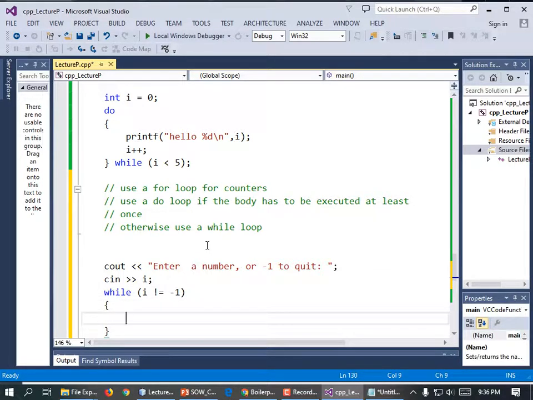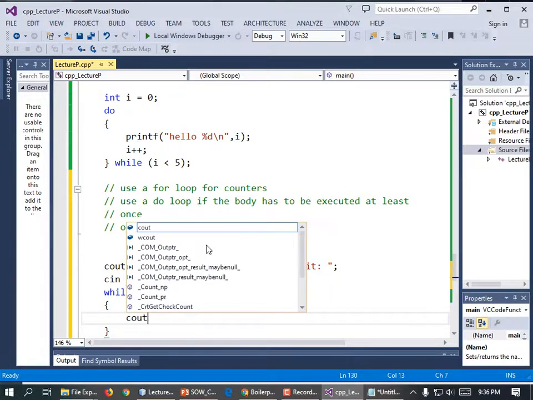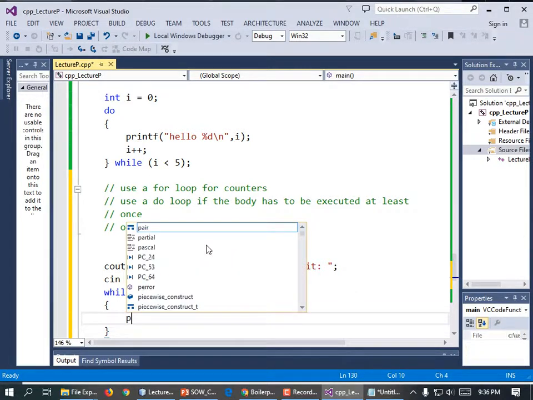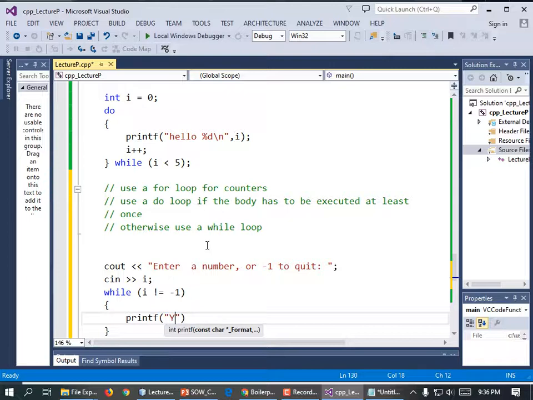And I don't know what we're going to do with i. So cout less than you typed. Let's use printf. We're on a printf kick. printf("You typed %d. Cool!\n", i);